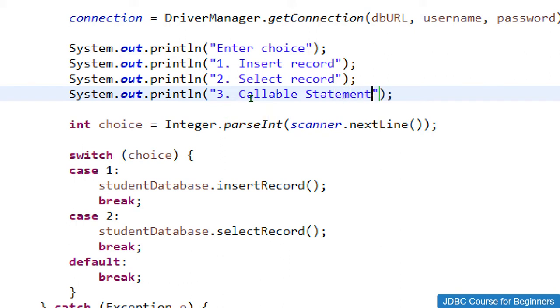To differentiate between the second and the third, I'm giving the callable statement because we are going to call the stored procedure with the help of callable statement. Then let me give the caption, let's suppose, select all records.